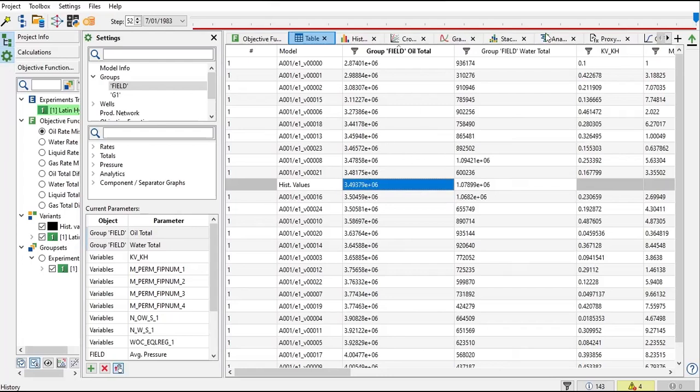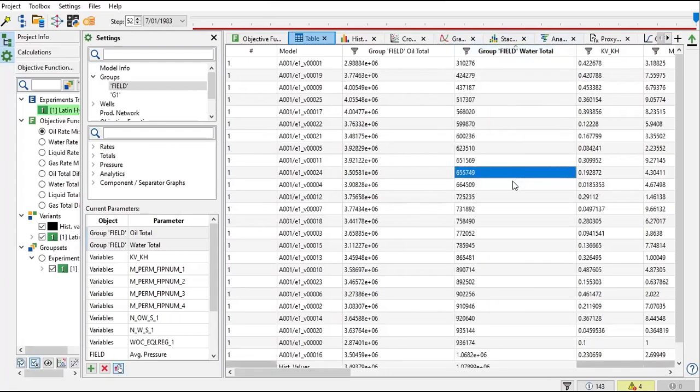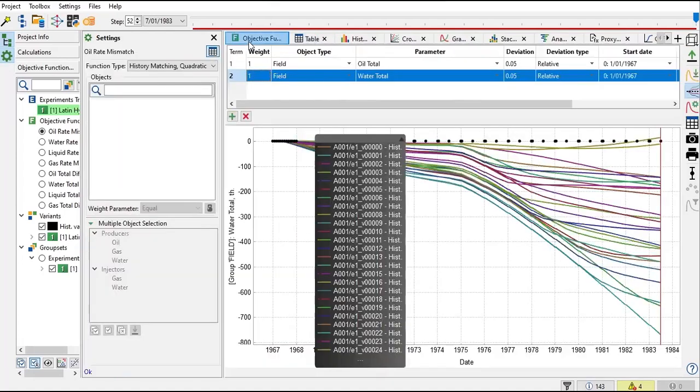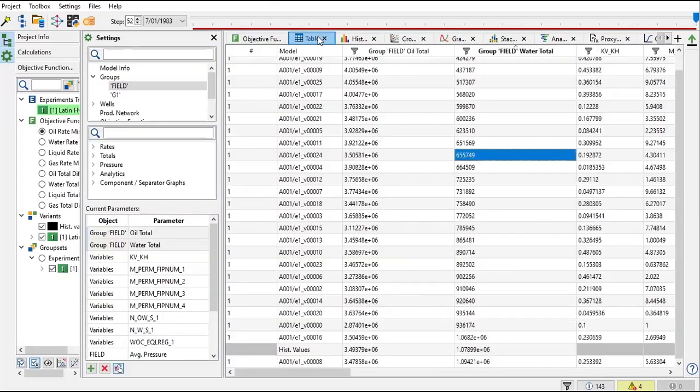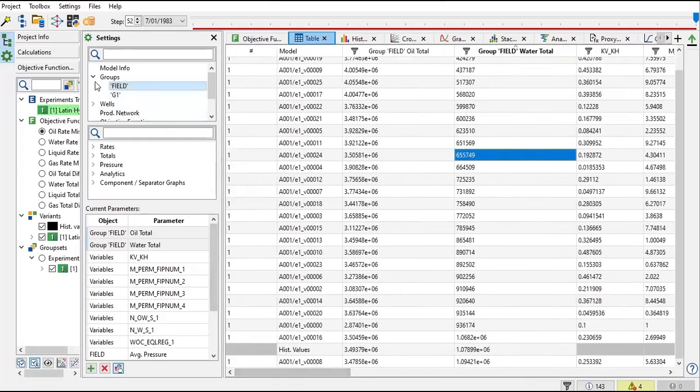Okay, and if we use field total, just press this one and let's find our base case here. So the closest is run 16 or run 8. So looking at the values in tabular form is also useful. Yep, that's for the table. And let's squeeze groups, wells,